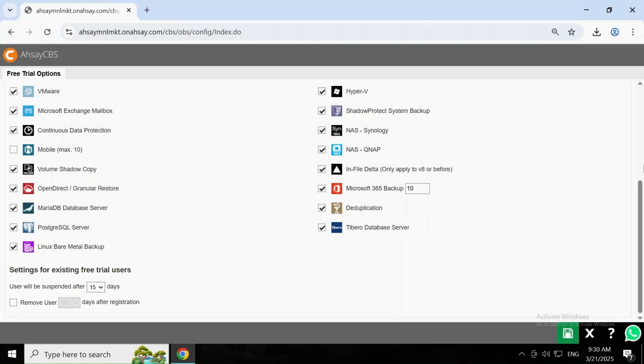For trial account suspension after registration, the default selection is 15 days. However, system administrators may configure the setting and can choose between 7 to 90 days. Meanwhile, the trial account removal is disabled by default. When enabled, the default selection is 60 days after registration, but MSPs may configure the setting and select from 30